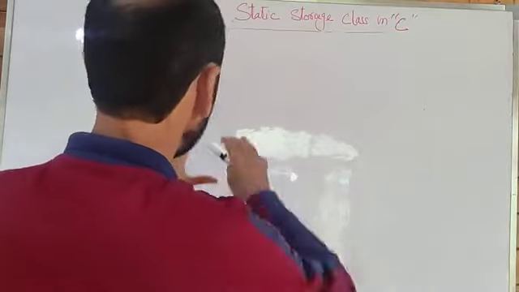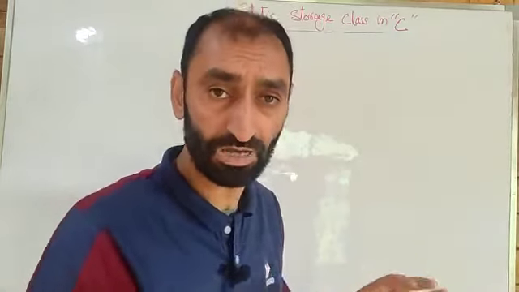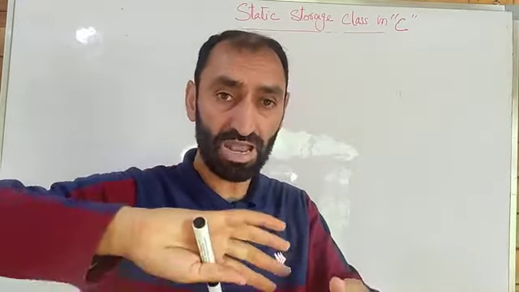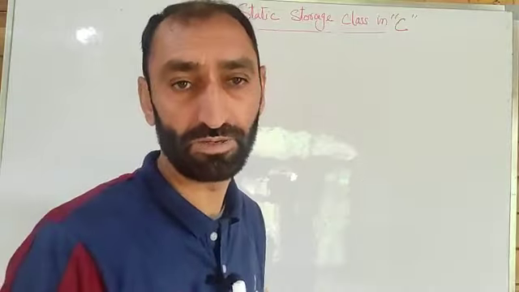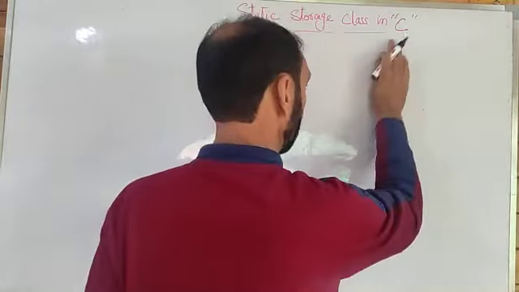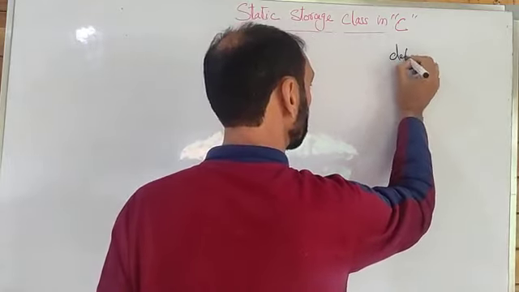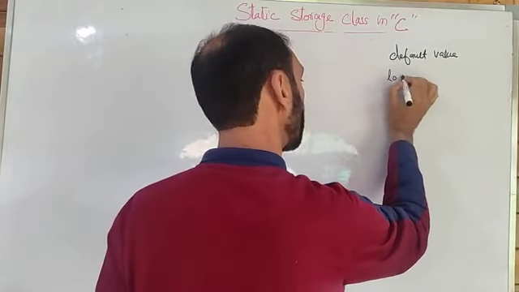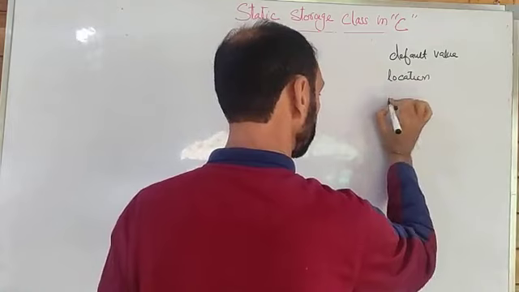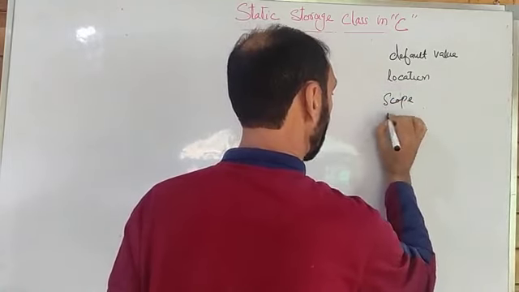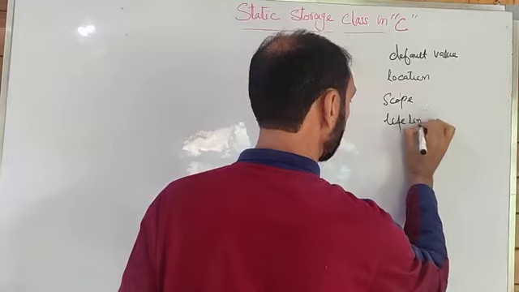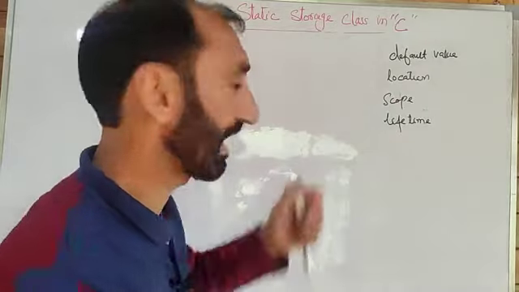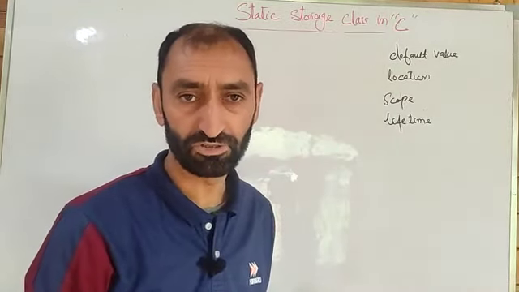Now, first of all, I hope you remember that storage class tells us some additional information regarding the variable, such as it tells us the default value of the variable, location of the variable, scope of the variable, and lifetime of the variable. These four things are going to be told by the storage classes regarding the variables to us. So,